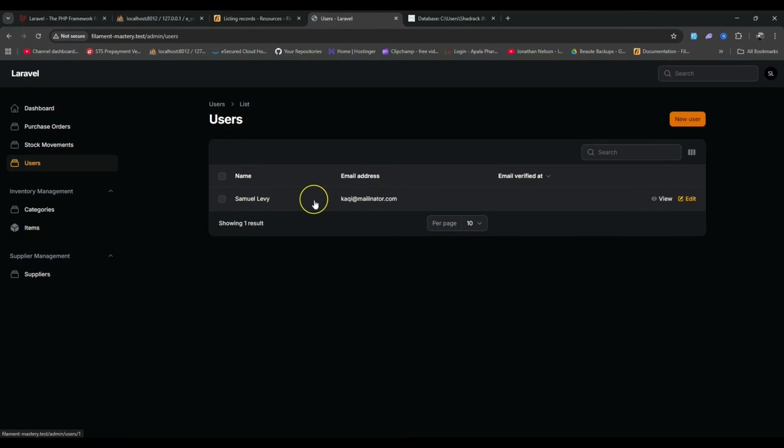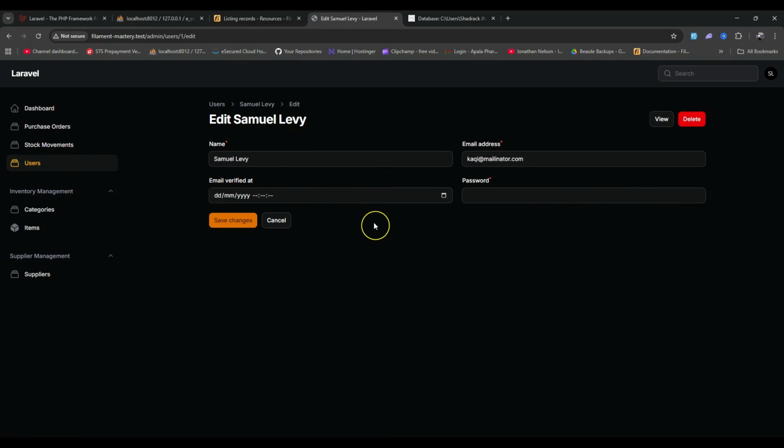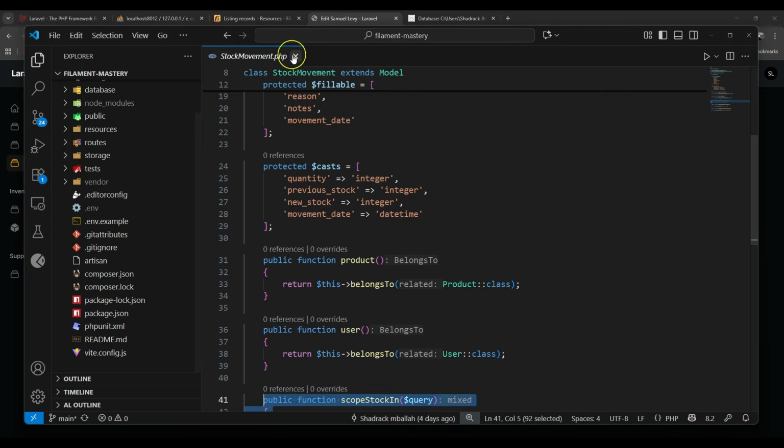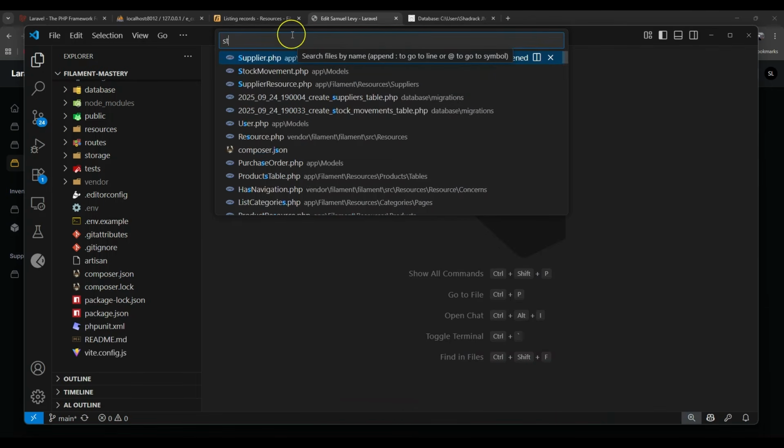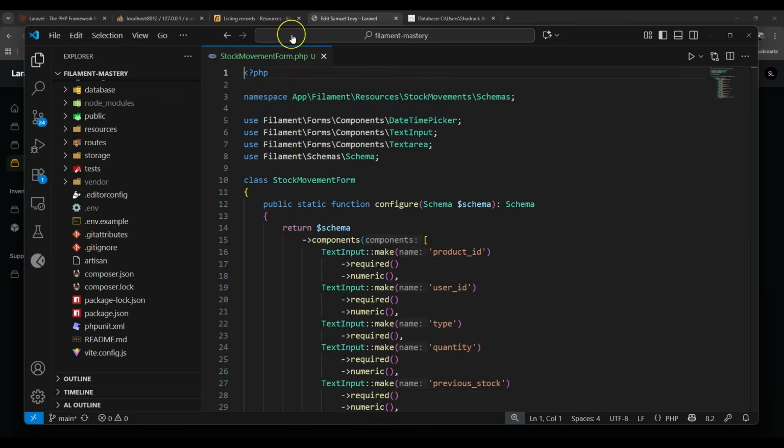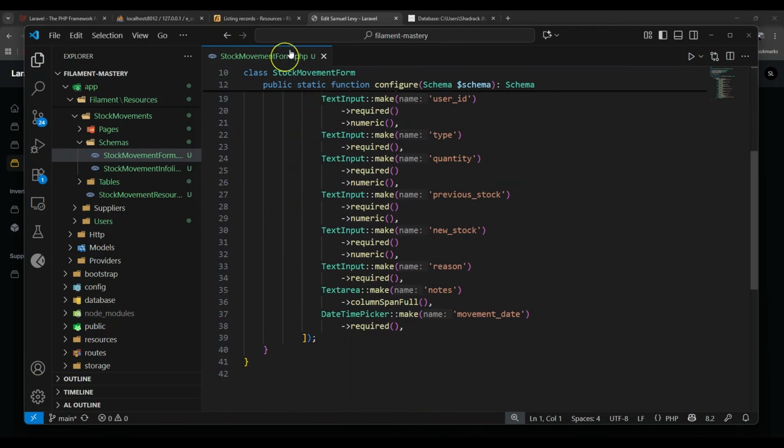So for example, on users, actually it's good because we can just edit. But here on password, this will be giving you some errors because it will be requiring you to, for example, here we are editing. So if you try to save, you see the password will be required. So what you can do, you can make this not required on edit operations, because last time I showed you how to do that. So what we are going to do is just go to the user